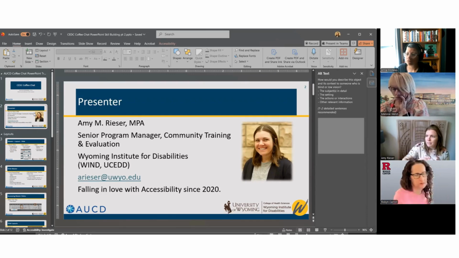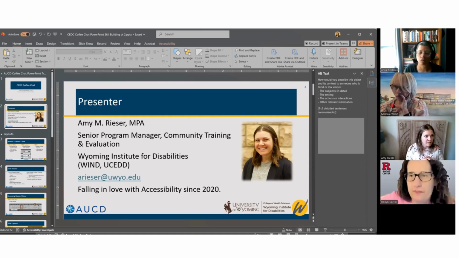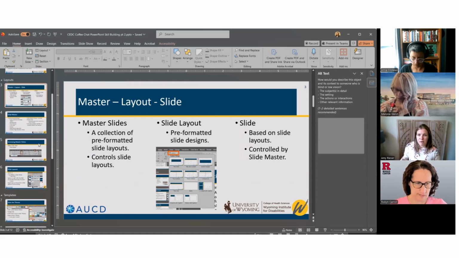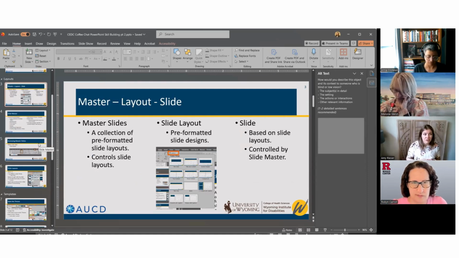And I love talking about digital accessibility and ways that we can use our tools to support us in effectively and efficiently creating our trainings. But then also how knowing these tools can result in and lead to accessible documents that hopefully aren't difficult to create, right? So again, a lot of what we're going to be doing is playing around in the master slide